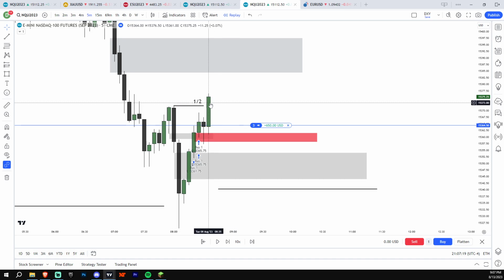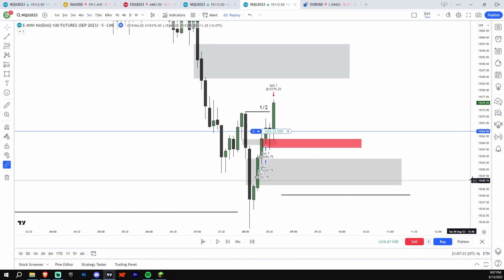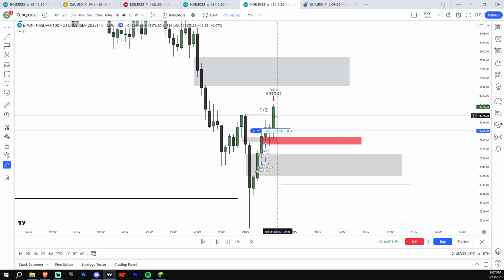you can get a few extra points if you wait for the break and market sell rather than just set a limit here. If you have to go AFK, it's obviously better to set a limit, but you can get a few extra points and up your risk reward just a little more if you wait for the break and market sell. Anyways, right there, I'm selling 1, okay, because at this point, I know, based off of this inverse